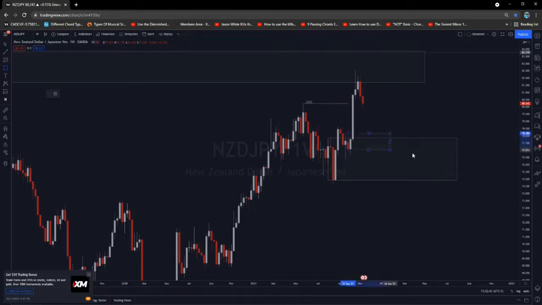So this is an order block that I'm talking about. And what makes this order block attractive is the fact that it's located within a higher time frame order block. So I'm expecting the market to reach this area and give us a strong push to the upside, right? On the daily,